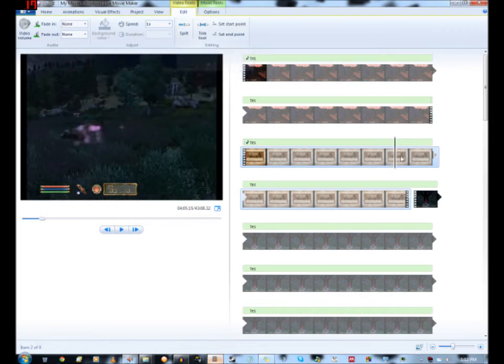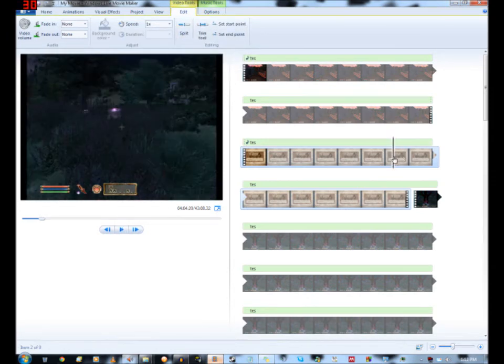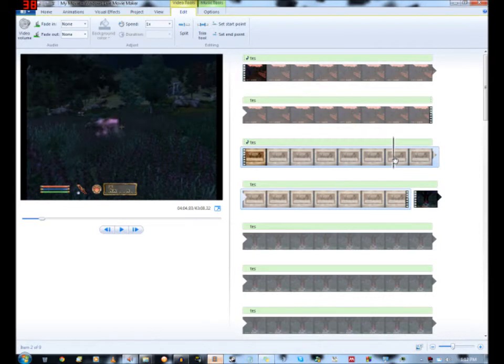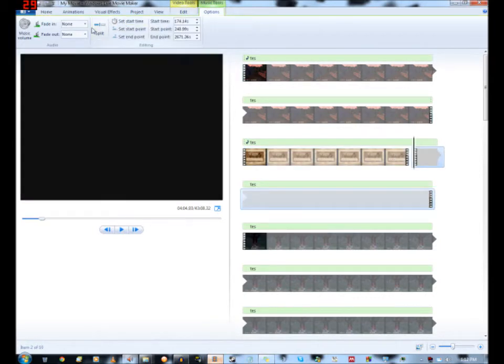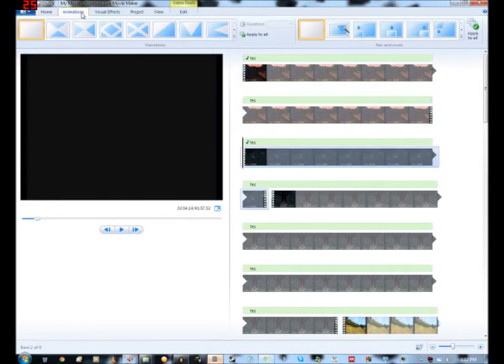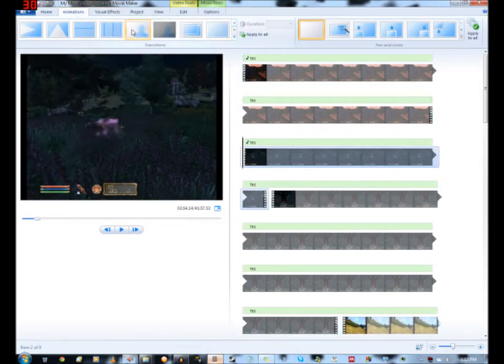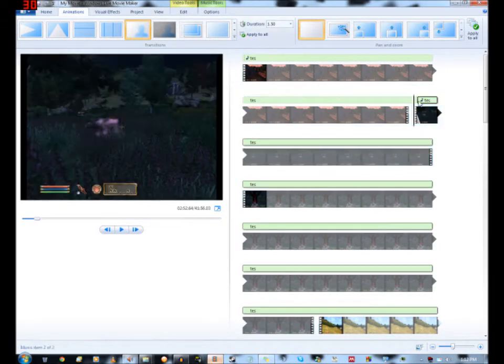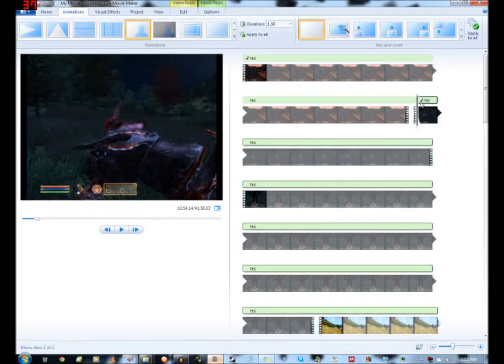I'll start talking somewhere. Right there, so I'll just go back a couple of frames. Right around there somewhere is where I need to split the video and the audio. So I cut out the middle bit, go to animations, and I go to my usual blur through white, or just ordinary blur. And one thing you want to do is, because the blur has a transition period of 1